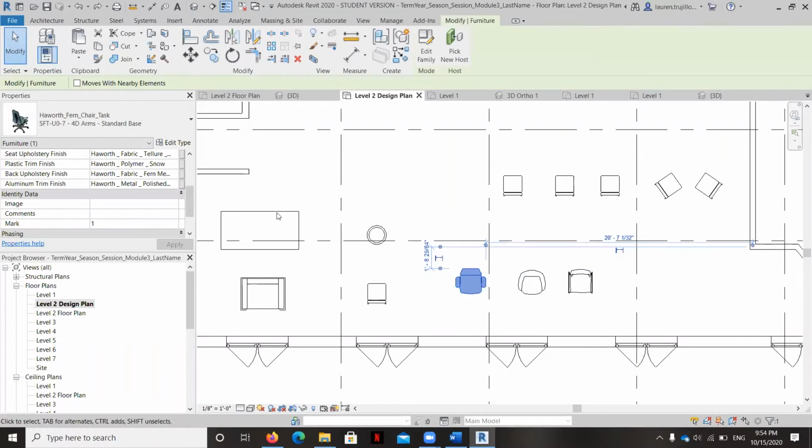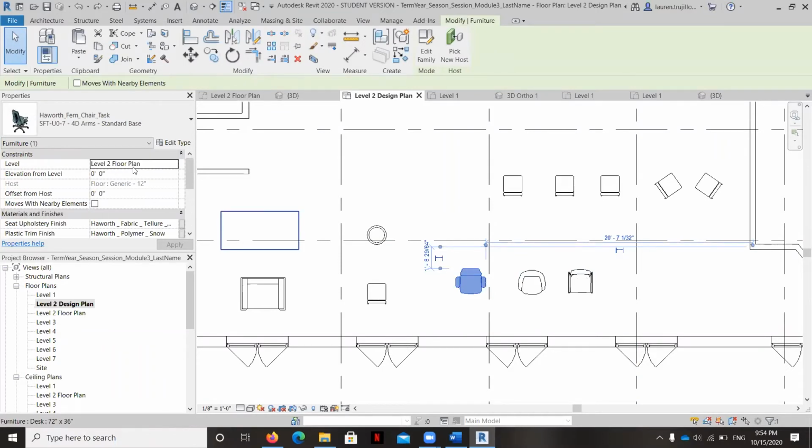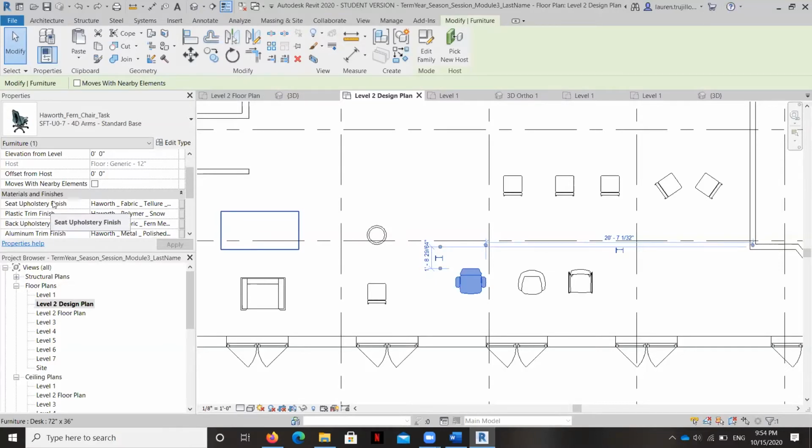And when I click on it, this is so cool. Look what I have the option to change. It has what are called parameters set up, where the person that created this family, and we'll create our own families in a later module, allowed you the option to change the different finishes on it.